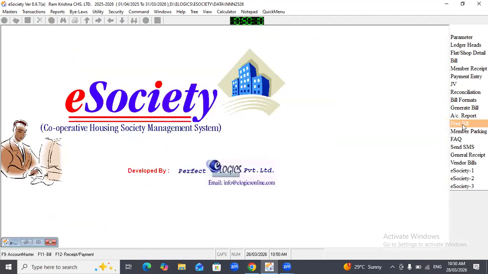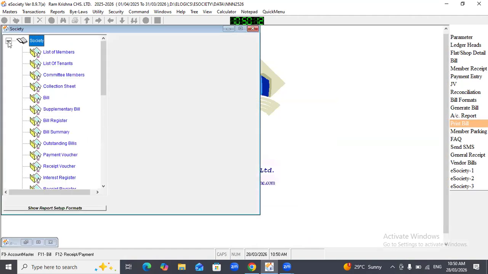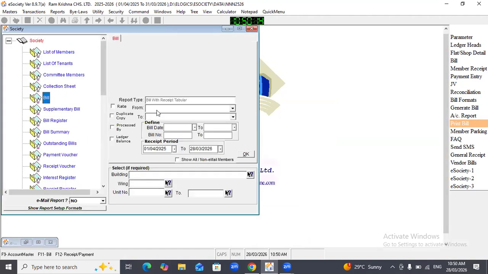Now we'll send the mail. Go to print bill, select the month, click on email report yes, select the period.